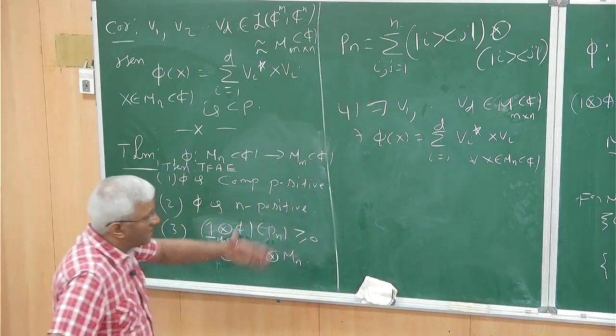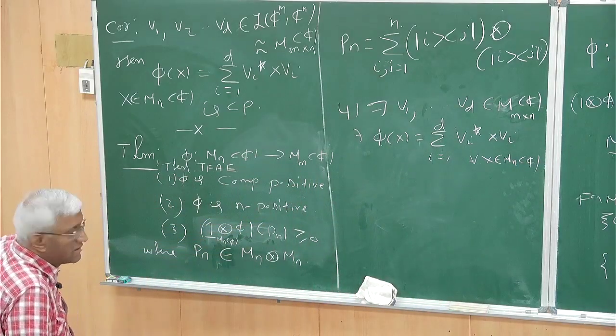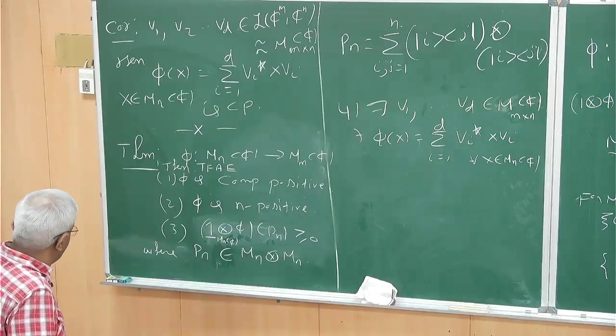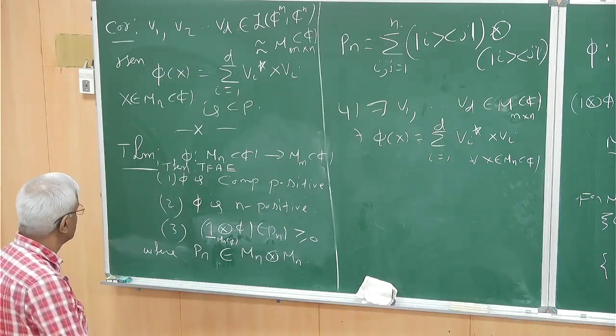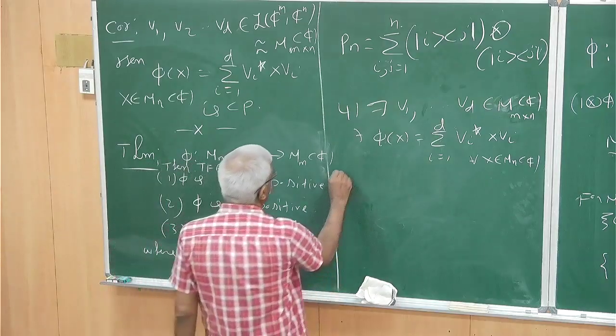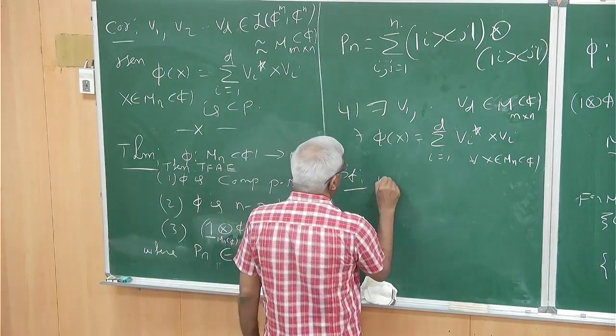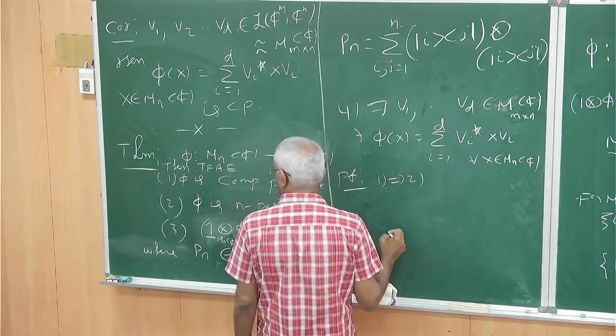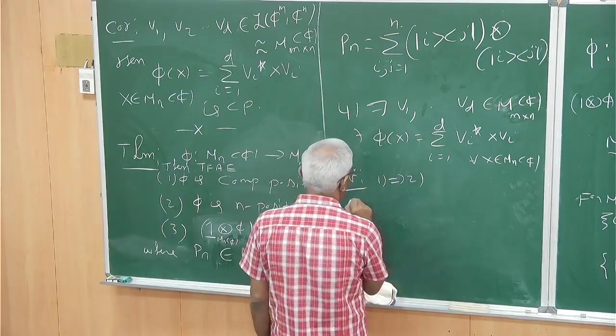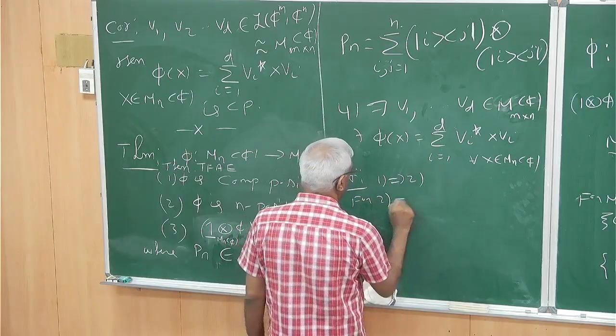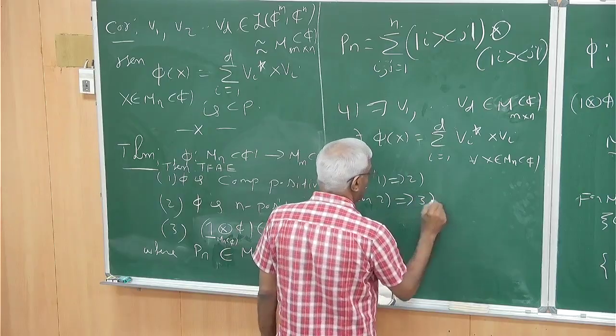So whatever I promised, that is the theorem. Any phi of X will look like this. So this is the theorem we want to prove now. Of course, proof. 1 implies 2 is of course clear, and for 2 implies 3 only we need to prove